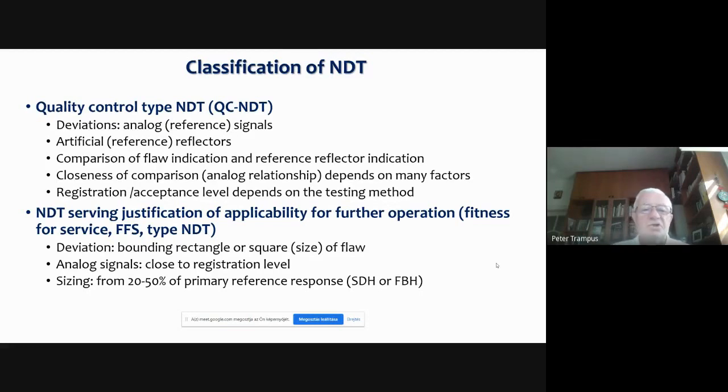compared with artificial or reference signals, and the evaluation is made on this basis. And the closeness of this comparison depends on many, many factors. So there is this uncertainty in the evaluation. The registration or acceptance level depends on the testing methods. It's obviously different in the case of the ultrasonic testing and in the case of a magnetic or a visual